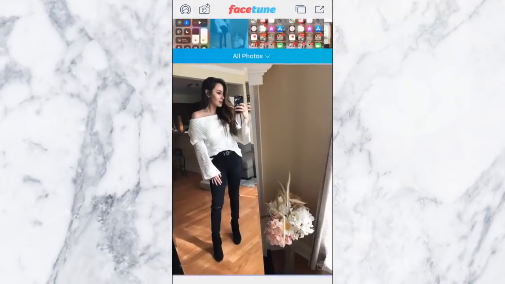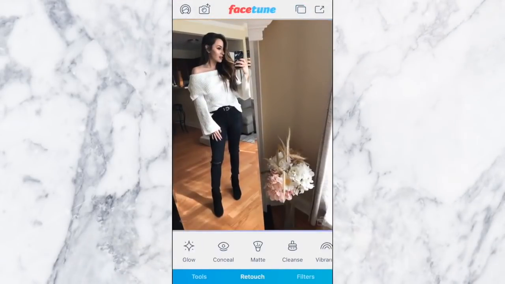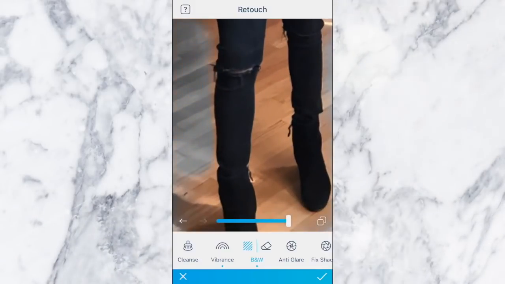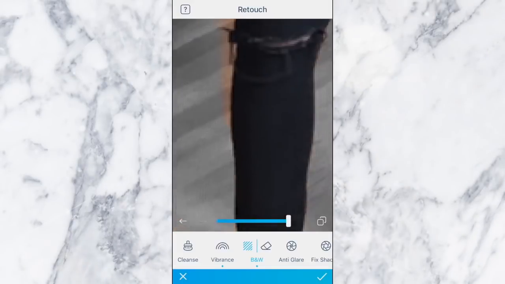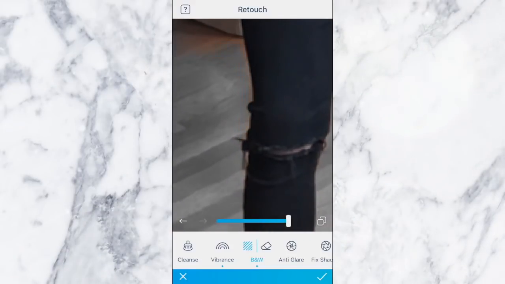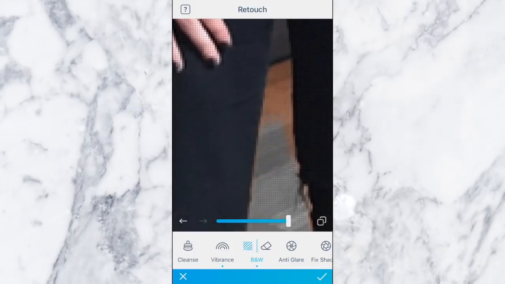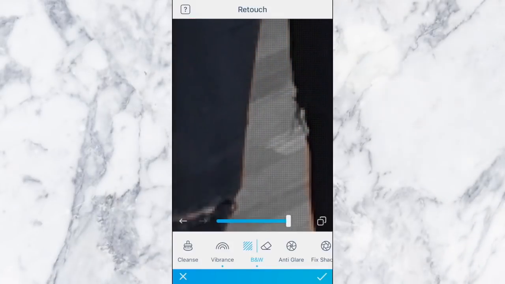I'm gonna start by going into Facetune 2, and this app actually has a pretty big misconception. I feel like you can use it for so much more than the classic Instagram, you know, making people skinnier, making things bigger. So I'm gonna go in with the black and white tool, and I'm literally just gonna black and white out the entire background of my photo. And I'm gonna leave my actual self in color so that it pops more,